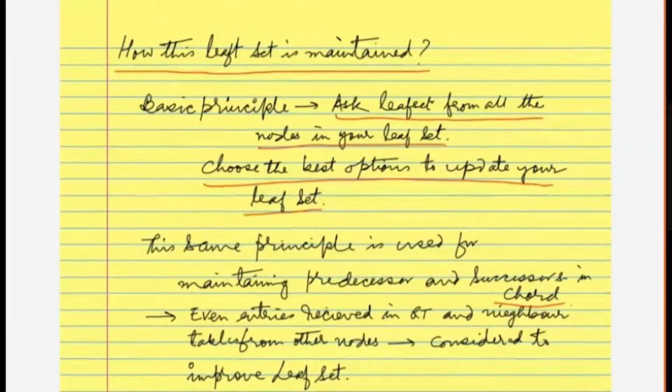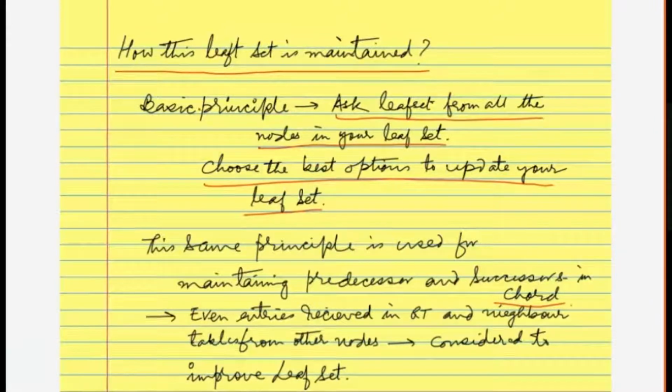In fact, the same principle applies: the leaf set L value was 2 in the case of Chord. Here the value of L need not always be 2. It can be higher: 4, 8, 16 or 32, whatever you decide as an application developer.